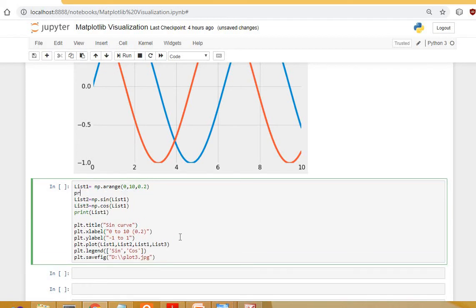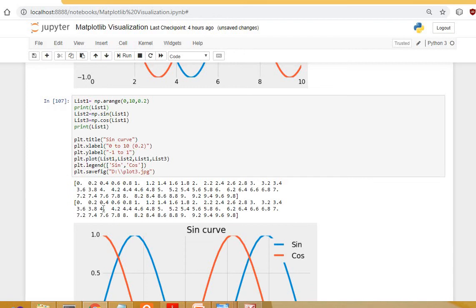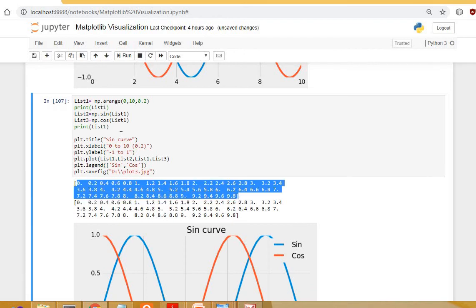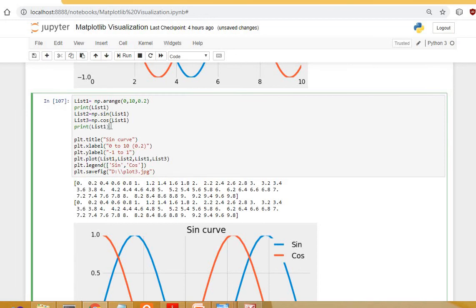We will print this. Here we have printed it again, 0 to 10 values in steps of 0.2. Then list 2 is the sine of this list 1, and list 3 is the cosine of this list 1.